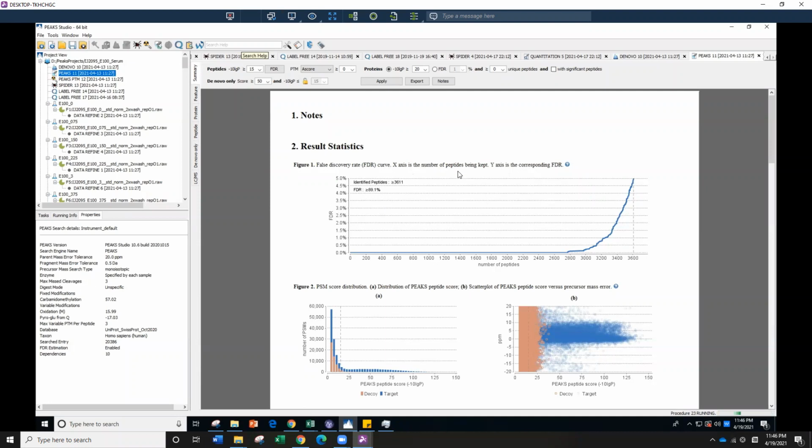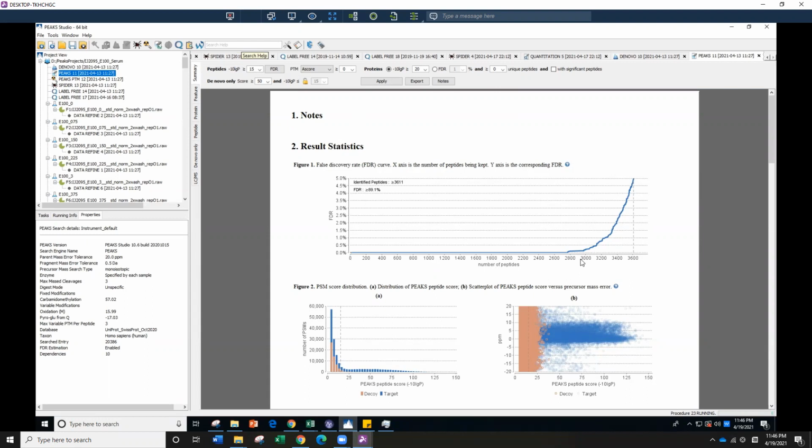So false discovery rate tells you how accurate your peptide identification is, and how well it is matching the protein sequence database. So you want it to be high, and you can set the FDR here, and it defaults to negative 10 log P. So it depends on that, it might change your FDR, but you can see most of your peptides